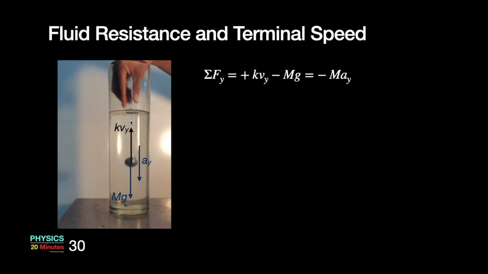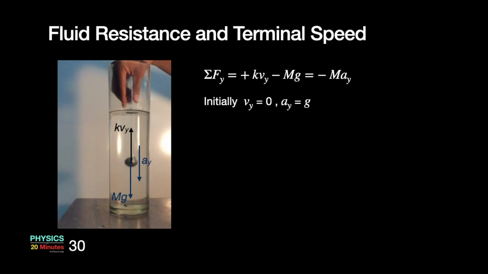But as the bob accelerates downward, the velocity will go on increasing. As the velocity increases, the reaction force increases. So this left hand side in the equation will go on decreasing. If velocity increases, then this term increases. So since the left hand side decreases, the right hand side has to decrease. Now mass cannot decrease. The only thing that decreases is acceleration. Eventually there will be a situation when kVy will be equal to mg, and when both these forces balance, the right hand side will become 0, that is the acceleration becomes 0.